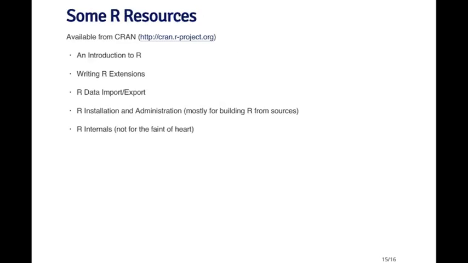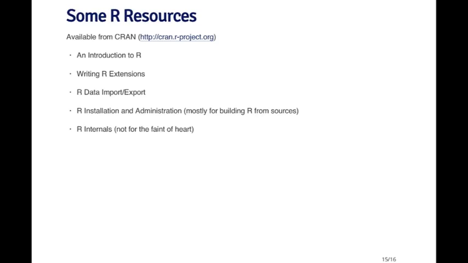So there are a couple of documents that you can find on the R website as you're learning to use R, and you may want to flip through some of these. One is An Introduction to R, which is a relatively long PDF document now that goes through the basics of how to use R, how to use the language. There's the Writing R Extensions Manual, which is really only useful to read if you're thinking of developing R packages, which are these extensions to the main R system. The R Data Import/Export Manual, which is useful for getting data into R in the various different ways. The R Installation and Administration Manual is mostly useful if you want to build R from the source code,